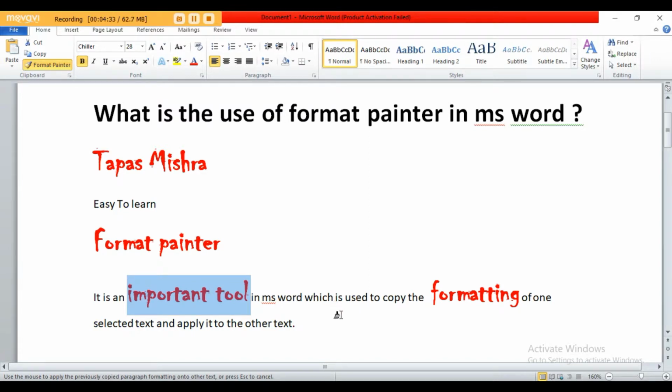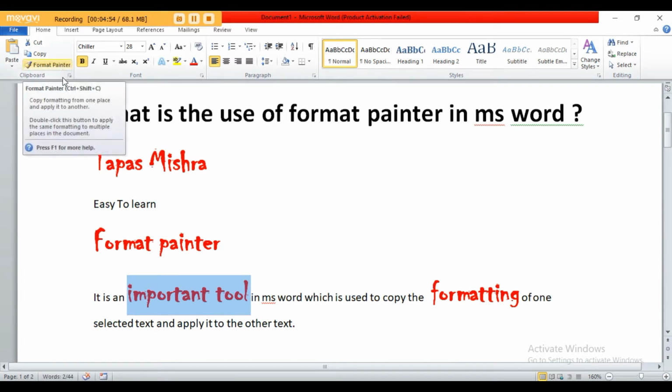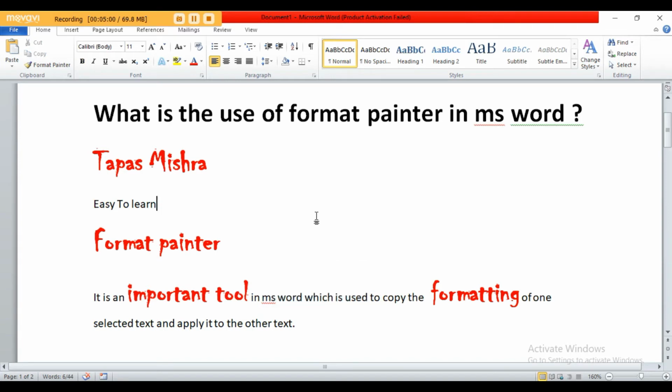If you want to remove this Format Painter and get back the normal mouse pointer, then simply click on that Format Painter, or you can use the shortcut key, pressing the Escape key on your keyboard. Whatever option was activated previously, now this is a normal tool. If you drag over any content, there will be no change.